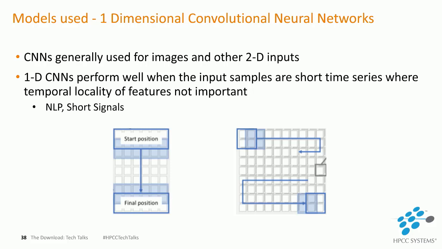Coming to the one-dimensional CNN, the kernel would cover the entire feature set of a time step, but it would cover multiple time steps at a time. So that's the essential difference. There are certain tweaks here and there, but this is essentially how one-dimensional CNNs work. One-dimensional CNNs thrive in certain places where temporal locality is not of the greatest significance, in the sense that a lot of memory is not required. This would particularly be seen in natural language processing or some short signals that you have.